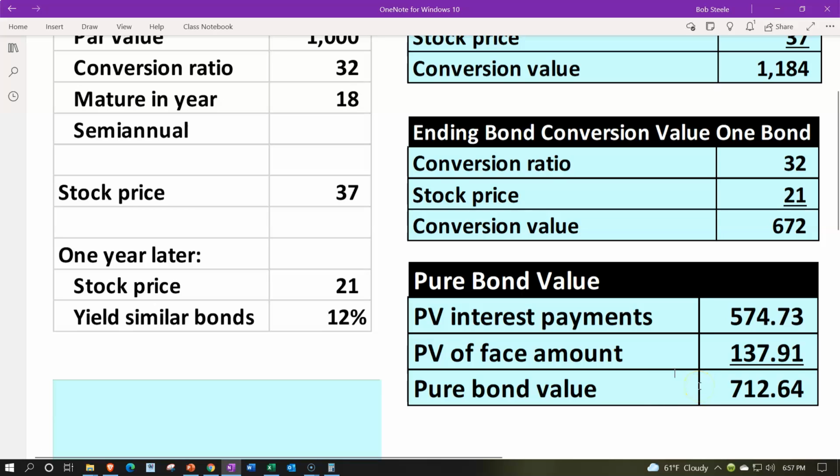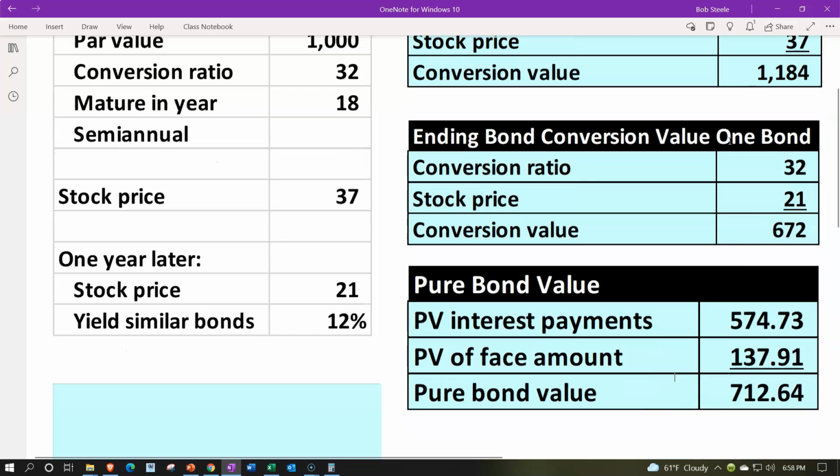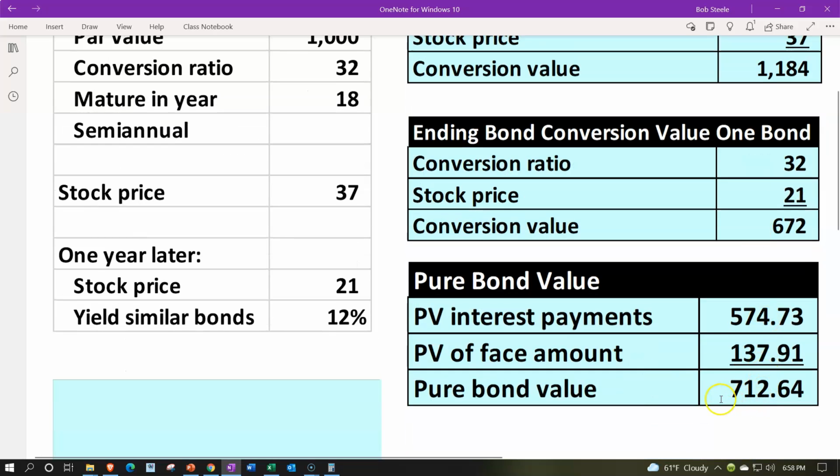$712.64. Now, at this point in time, notice, that's going to be lower than the original conversion value, at which time you would think that the bond price, the convertible bond, would be driven mainly by the conversion value. But now, the pure bond value, the related bond value, if we were to think about the bond that is similar to the convertible bond, is now higher than the conversion value at this point in time, which may lead then to the pure bond value being a substantial factor when you're figuring out what the actual price, or considering what is constituting the market price of the